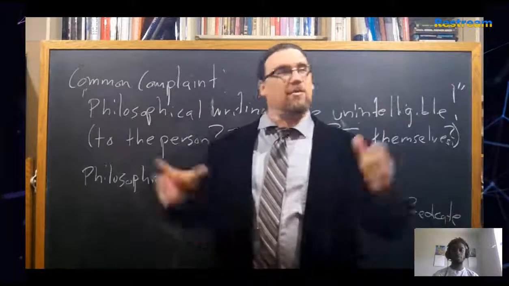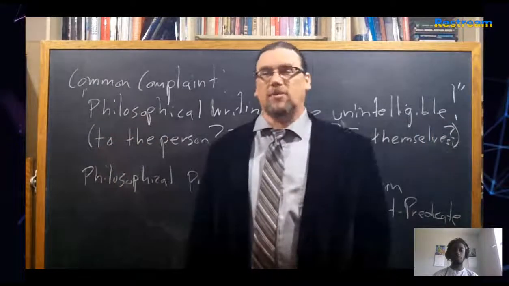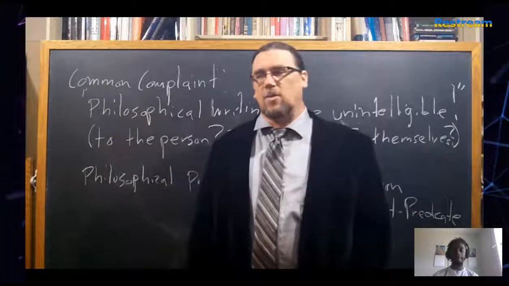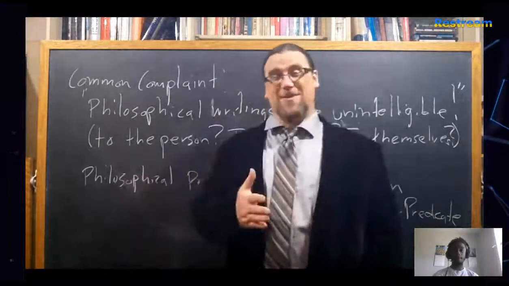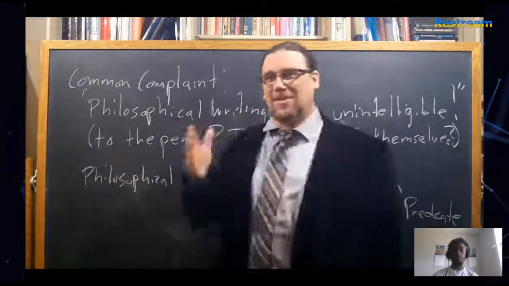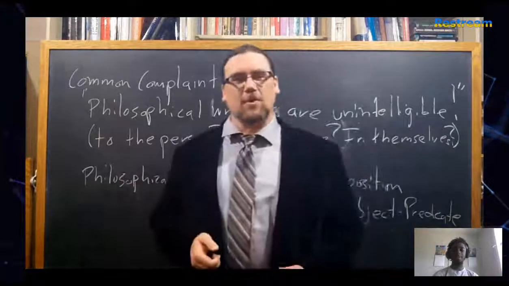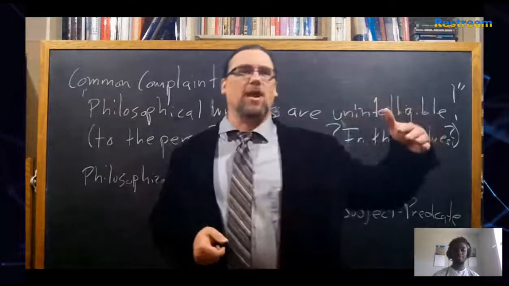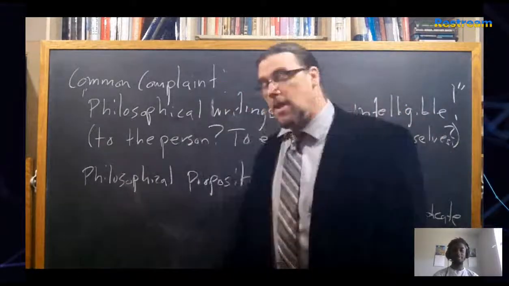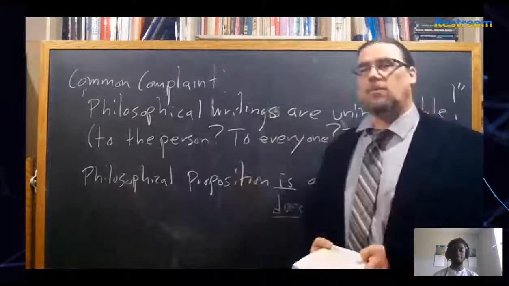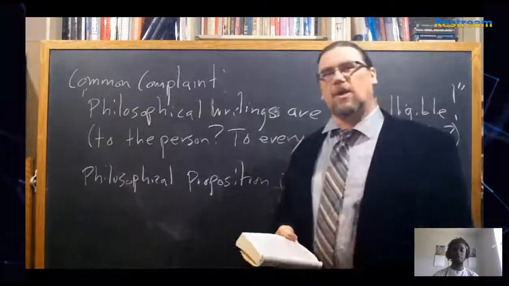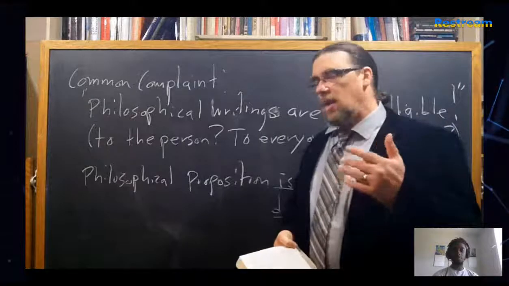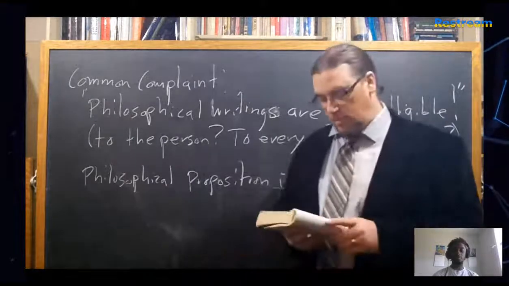Concepts, if they're important concepts, if they're actual, robust concepts, they take us a while to come to terms with. I've been reading Anselm's Proslogion for close to 20 years now, and I still go back and forth as I read it about, does this make sense, or doesn't this make sense? And I've had a few experiences where you sort of break through to the other side, and now you see things in very different ways as a result. But that's because he's working with philosophical propositions. Hegel is too. Hegel is going to actually consider Anselm, not in this, but in his lectures on the philosophy of religion and the so-called ontological proof.